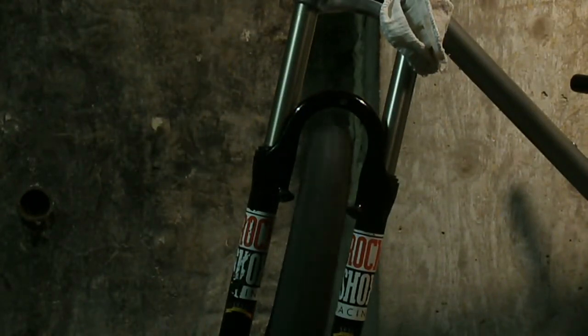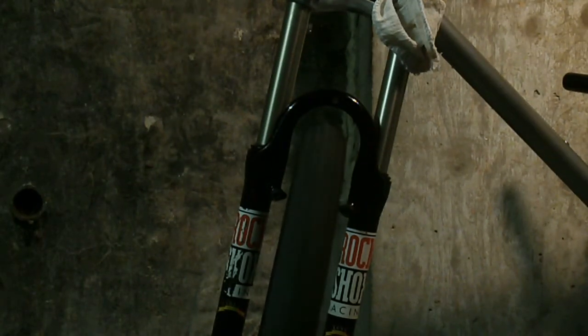Doesn't look that bad on camera, but man, I'm telling you, it's got that one spot that I can't get out. But it'll ride. I guess it just depends on how bad it rides when I get it together. But it can be one of the last things I readdress when I put the bike back together. But man, I really thought I had it. But anyway,